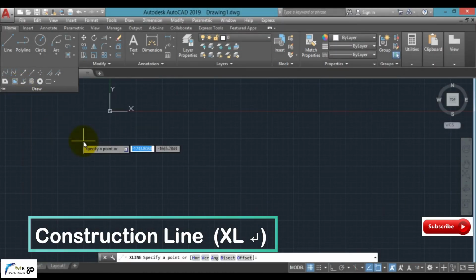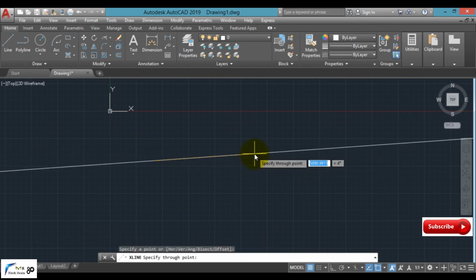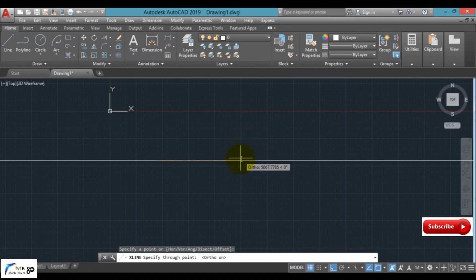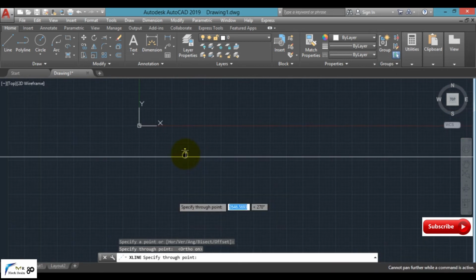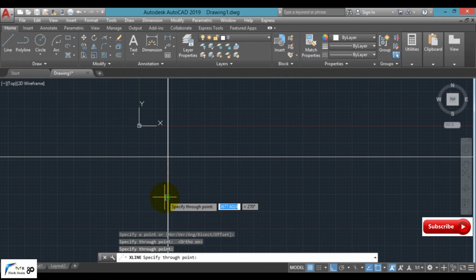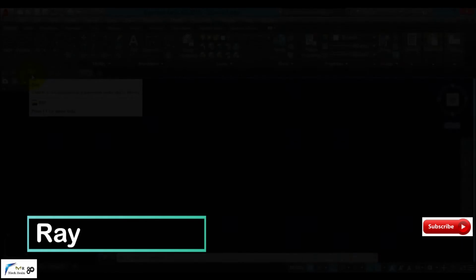Let us select our next command, which is construction line. Simply select construction line, define a start point, drag the mouse like this, and press ortho turned on like this, and dragging the mouse down makes another construction line in the vertical direction. Construction line basically refers to the infinite line of mathematical geometry. These lines are infinite. Or another line is of ray.